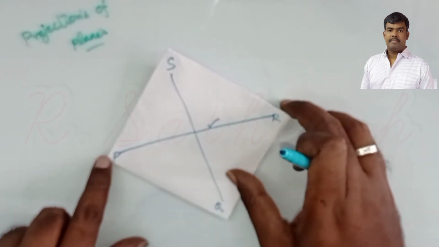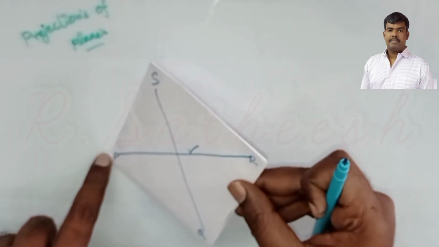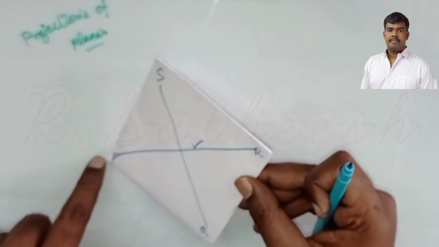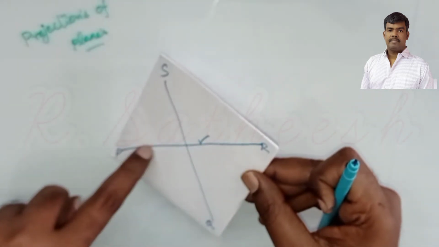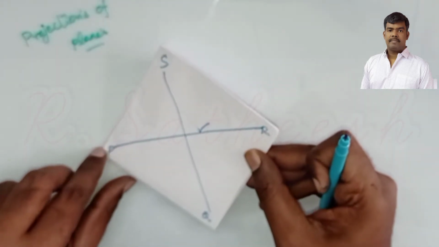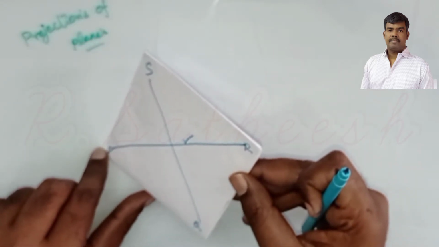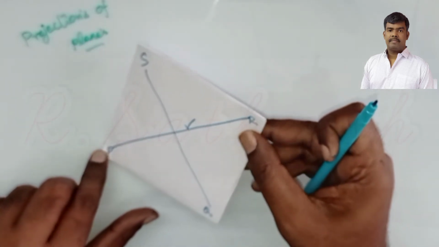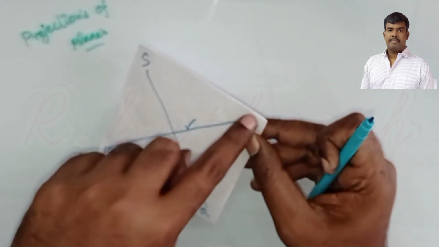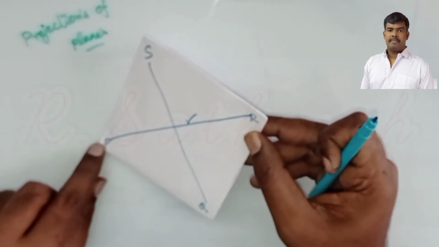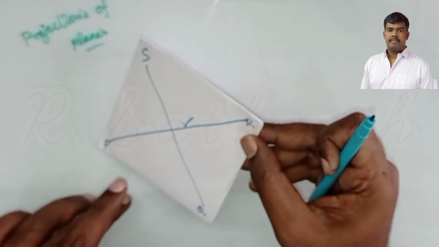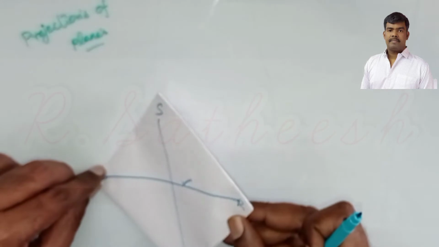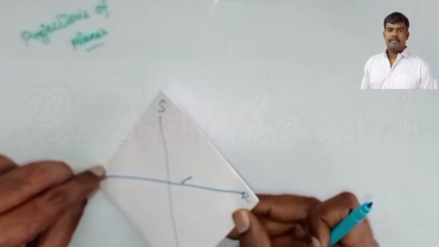First case. After the change of position method, it is inclined as per the given angle of 45 degrees to HP. Which one? The diagonal PR is 45 degrees inclined to HP. That means the total plane is inclined 45 degrees to HP. Correct. It is inclined to HP first, and then apparently inclined 30 degrees to VP. So the same diagonal PR is initially 45 degrees inclined to HP, then it is considered a vertical plane, again inclined 30 degrees to VP. Now draw its projection. Clear?